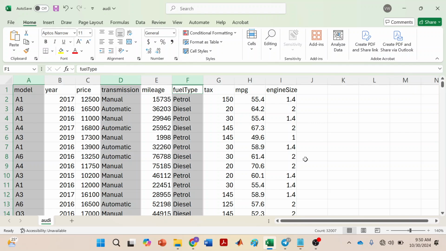Yes, so it's right, because you can only feed numeric values into your AI model. It can only be numbers, because